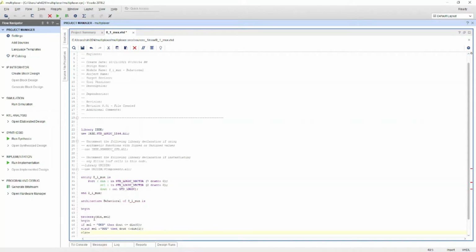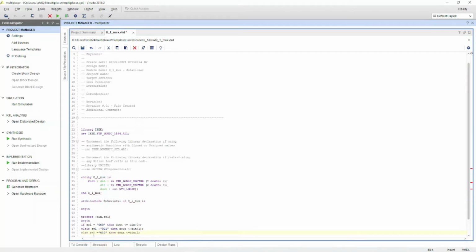Else if select is equal to 010, then D out is assigned as D in 2. Okay, here's a mistake I have made.